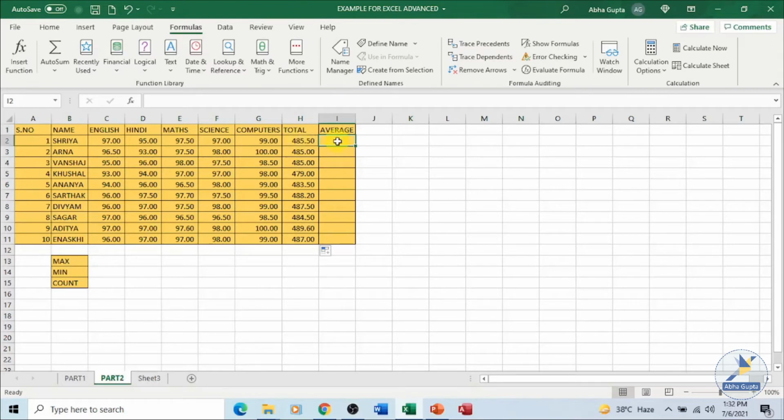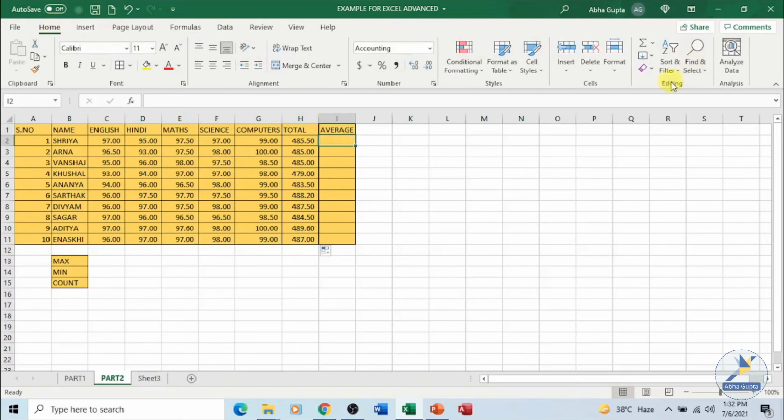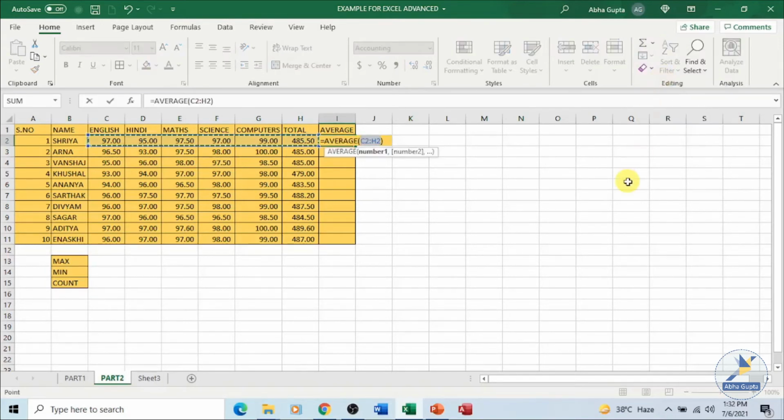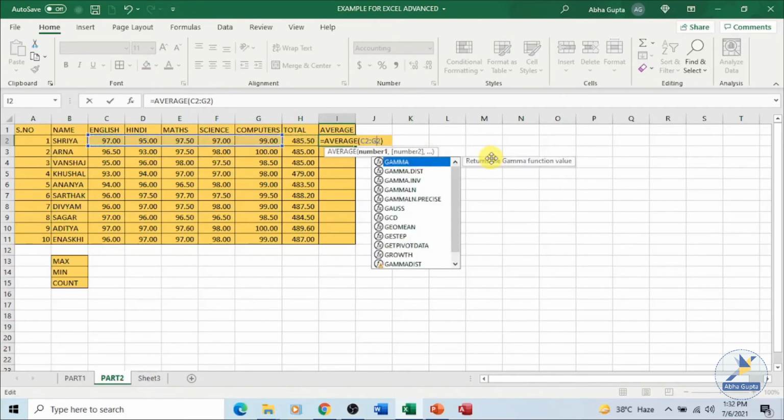Plus I told you that we can calculate the average also. So we have the total in place. Let's calculate the average. Select this cell, make it the active cell. Go to home tab. Under the editing group, instead of clicking the AutoSum command over here, click on the drop down and select the desired function. We want to calculate the average. Let's click on average. The range is being provided to us, but we don't want to include total over here, so I can omit it. I can make the modification and press the enter key.